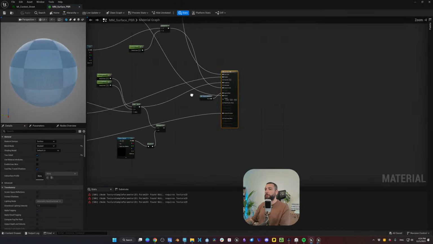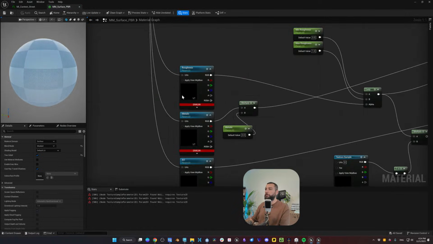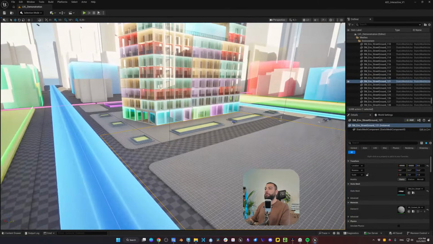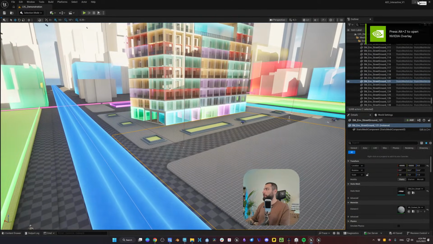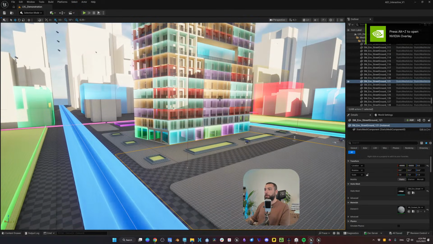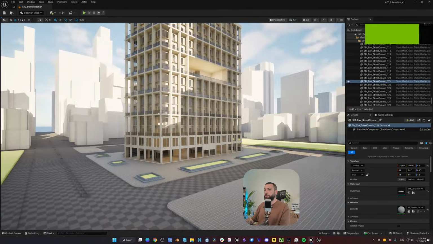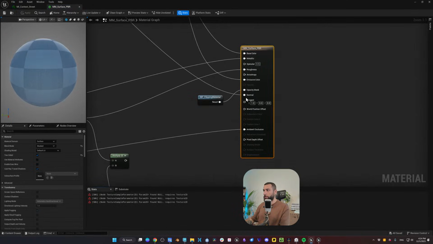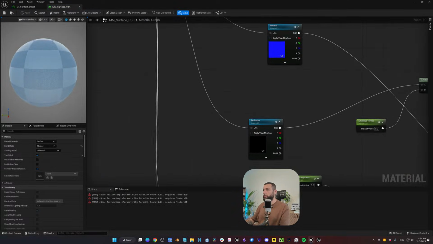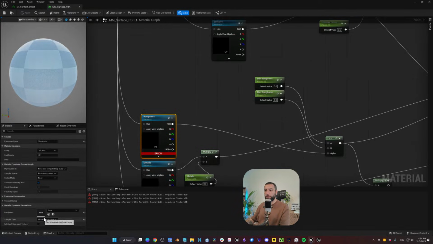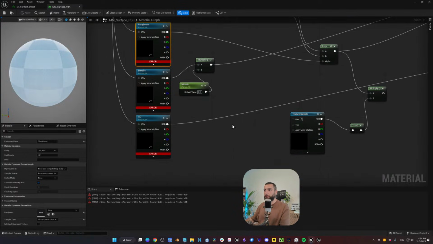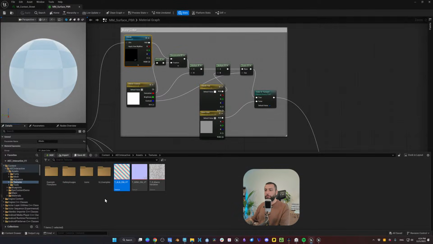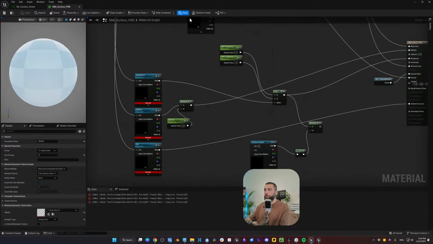But you have a texture. Aha, virtual texture problems, okay. So this is weird.